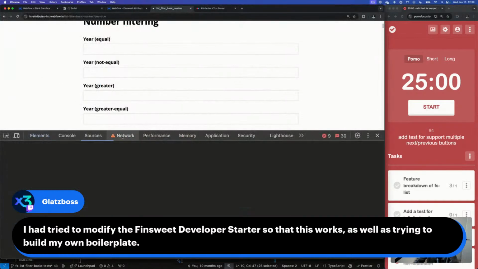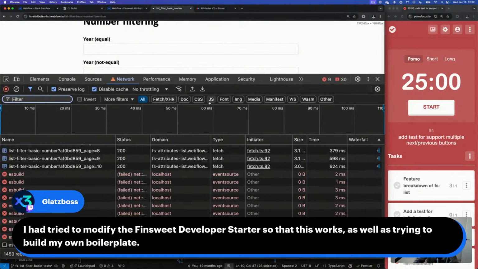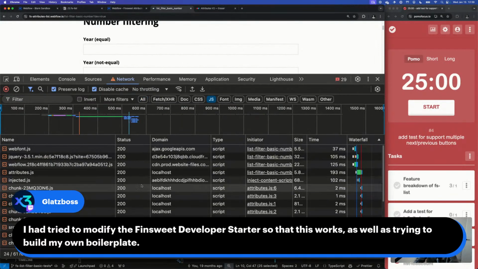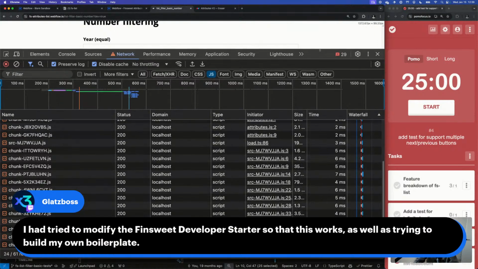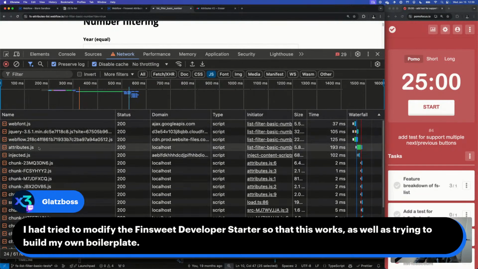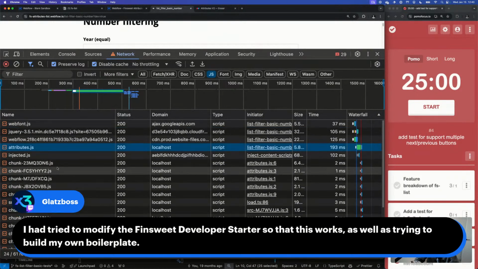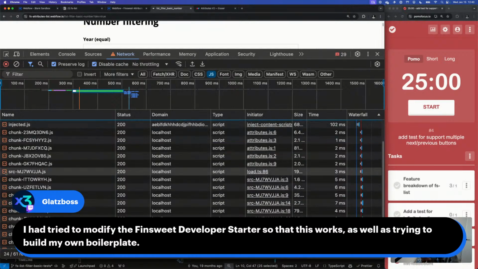When you go in here and you check the JavaScript that is being downloaded, it just imports a few of these chunks. So there's the attributes entry file, and then it imports a few of these chunks, which is a bit more in development mode than in build mode. Usually in build mode, it's more contained. But that means that we are only downloading the logic for fs list in this particular case, if that makes sense.